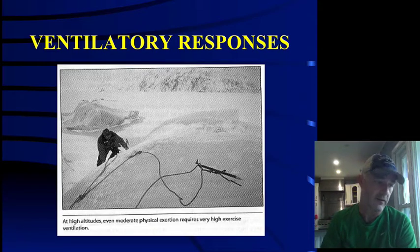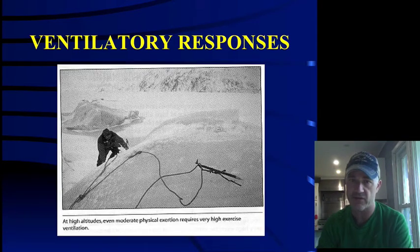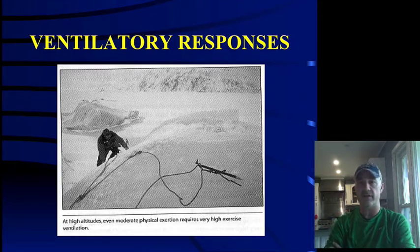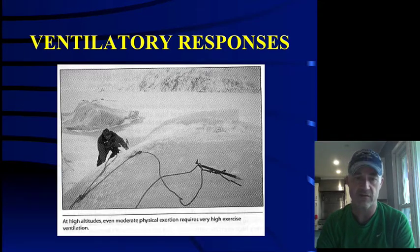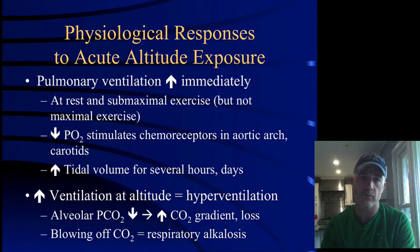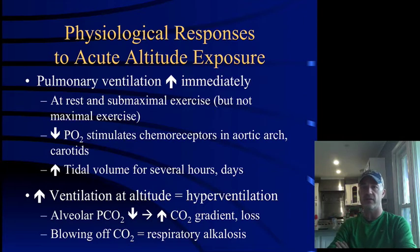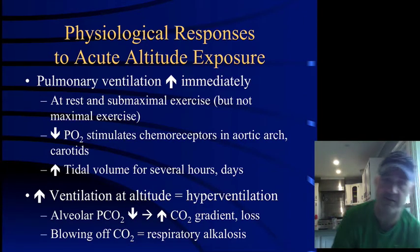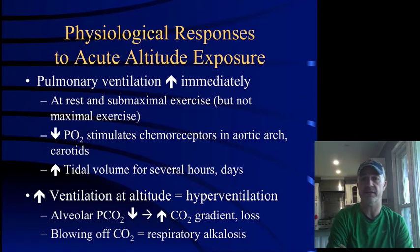What we're going to start talking about now is a little bit more of the physiologic changes we see acutely at altitude, now that we've rehashed a little bit of the gas exchange mechanisms and how Dalton's law and partial pressures fit into all that. One of the things we're going to see when you're at altitude, and again, this is not exercise or anything else like that, I mean, we can start figuring some of this in, but what we will see in the short term